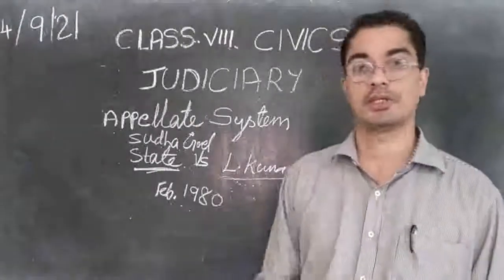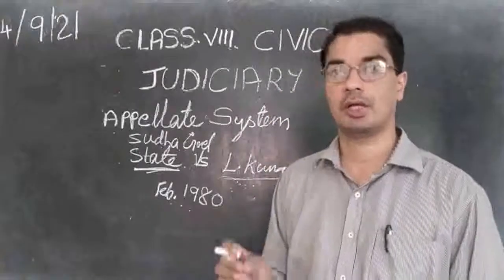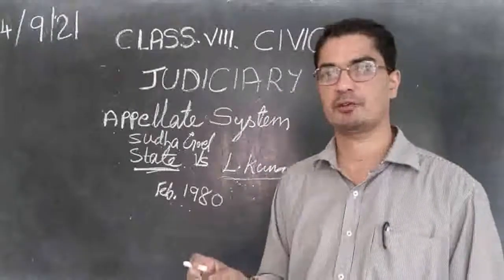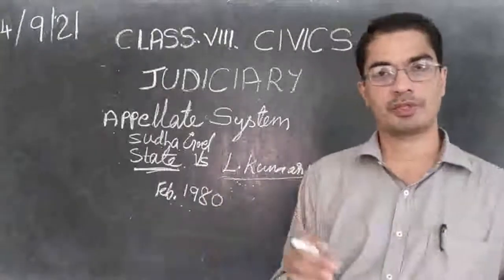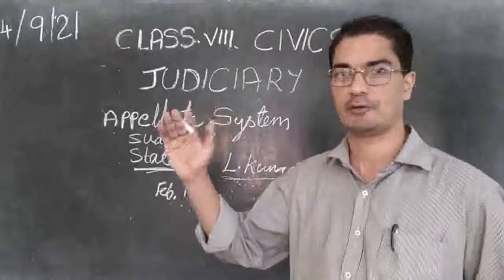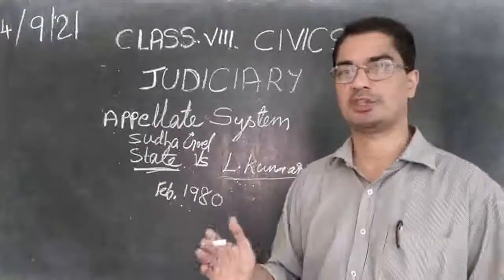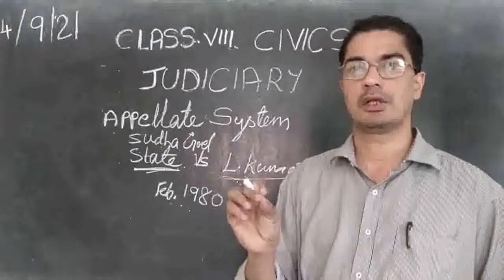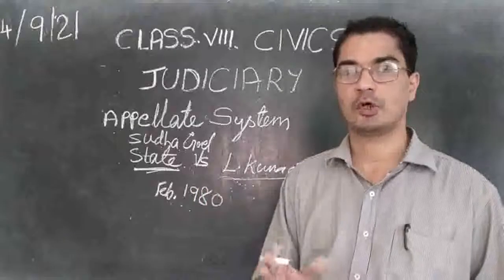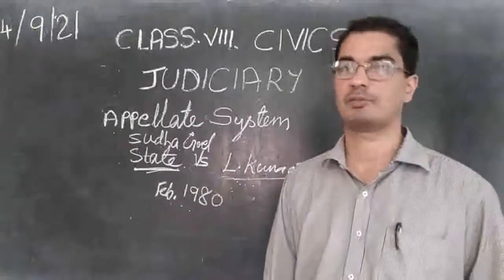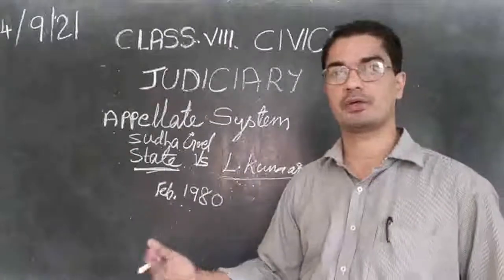So what punishment did the Supreme Court give? Supreme Court convicted them for life imprisonment. They have to stay in the jail for life. No, life imprisonment does not mean till they die, but certain years. Sometimes it may be 12 years, sometimes 20 years. So the court will make it clear. So they have to stay in the jail for 12 years. That is life imprisonment.